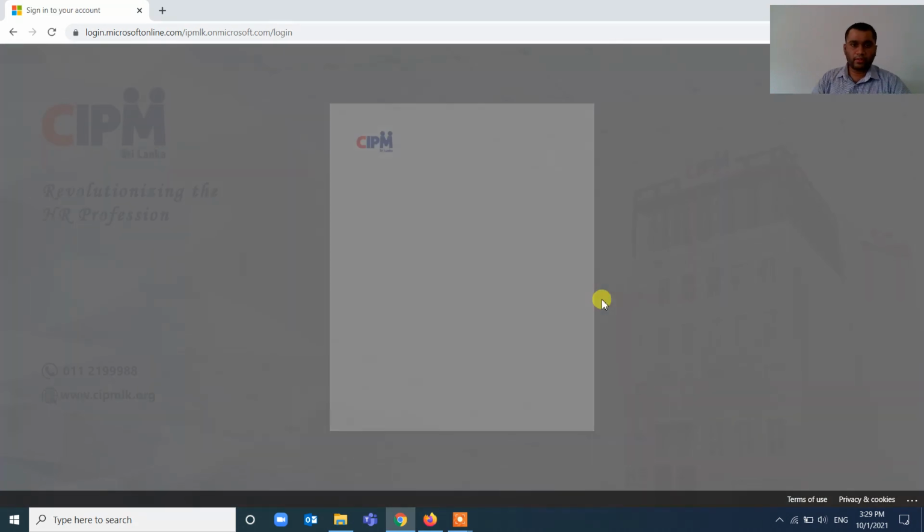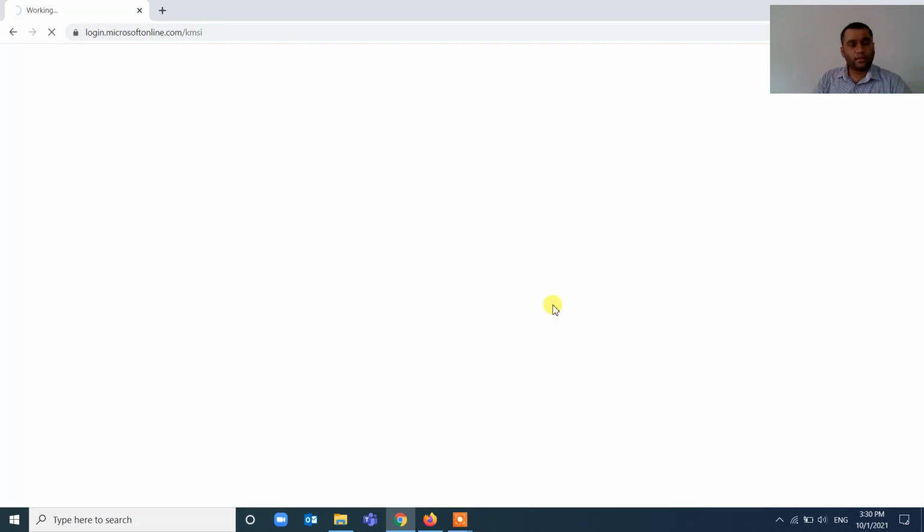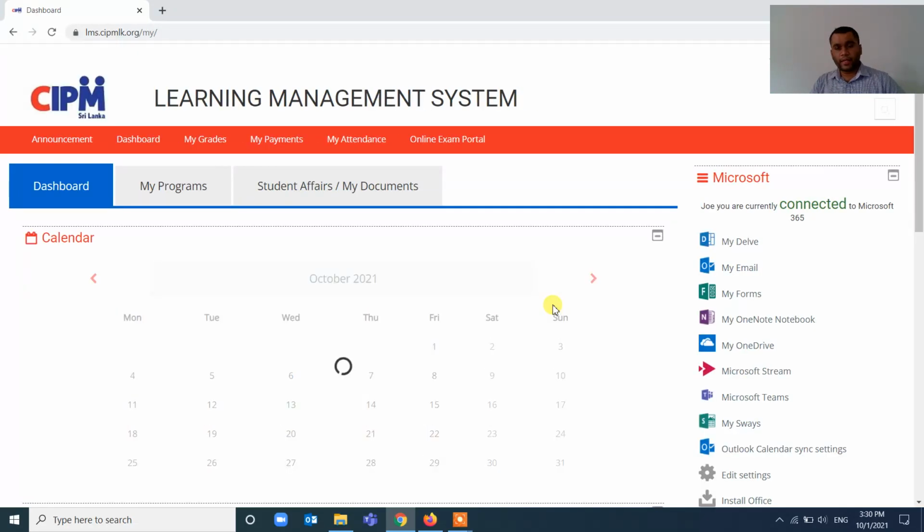Click sign in. So now it's asking whether yes or no. If it is your own computer, you can click yes. If that is not your own computer, you can click no. So I'm going to click the no button. So now it's going to redirect into the CIPM LMS. Once you click, here you can see